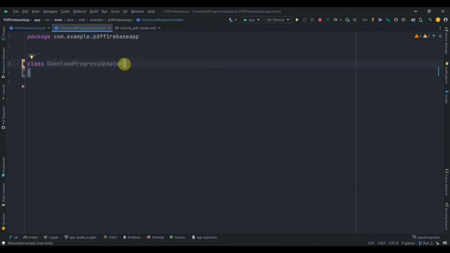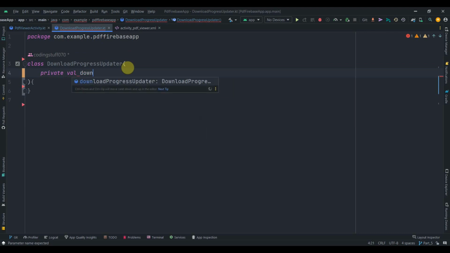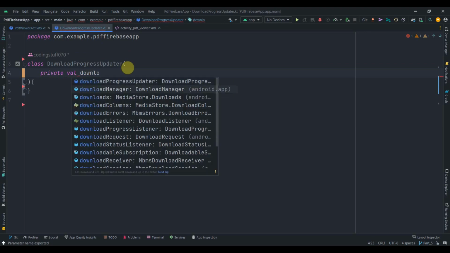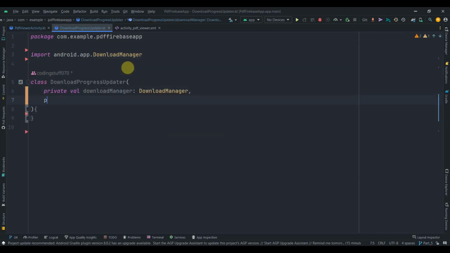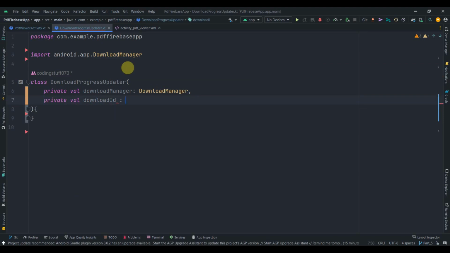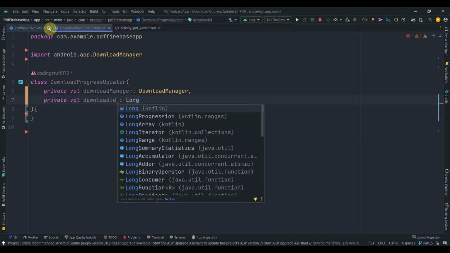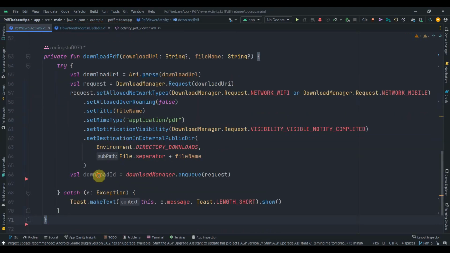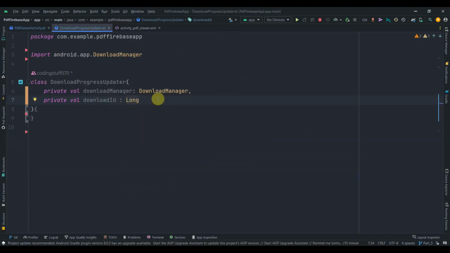So in the constructor of this class, we're gonna take a few parameters. The first parameter will be download manager, so private val download manager. And then another parameter will take a download ID, which will be of type long. So this download ID that we get from this download manager dot enqueue function, we'll pass it over here,